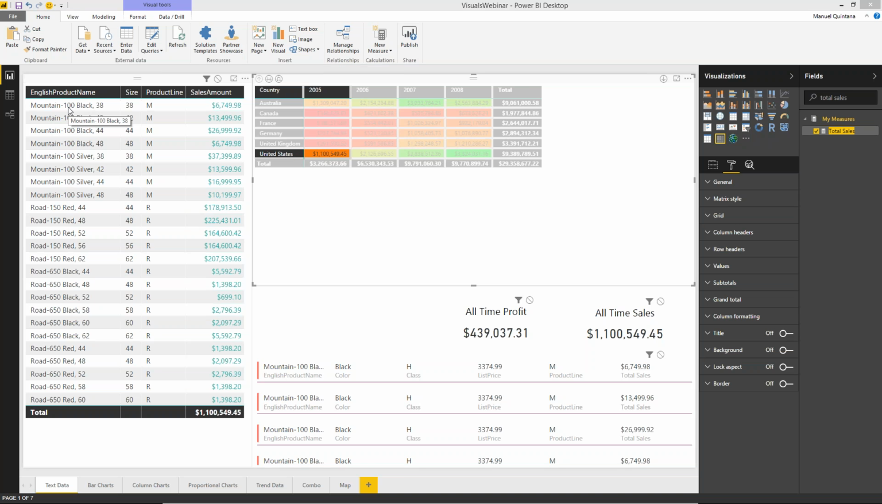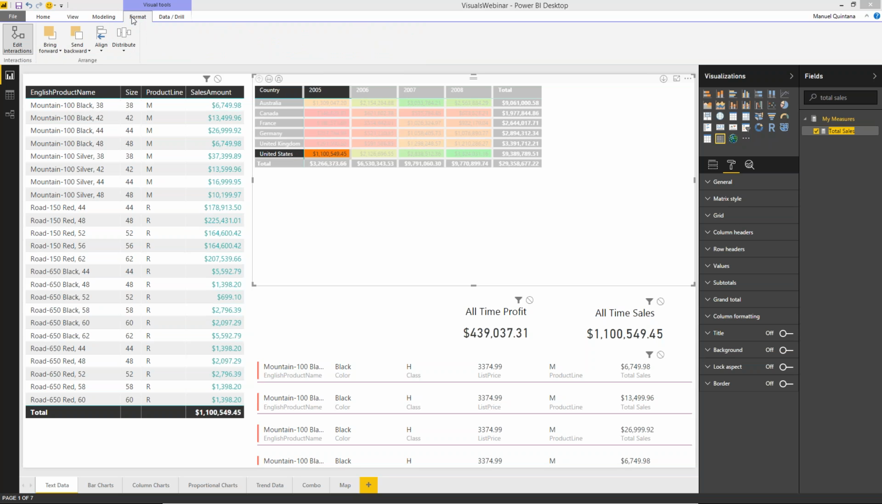Now that's correct, but it doesn't match what the title is of my card. This is a perfect example where we can show something that's known as editing interactions. Now notice it's up here at the top under the Format tab. We have this option, Edit Interactions. This is something that can be toggled on or off. I am going to leave it on for the duration of this webinar, and what it allows us to do